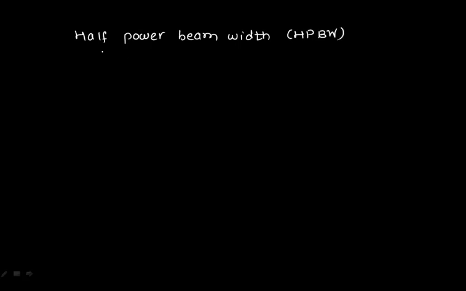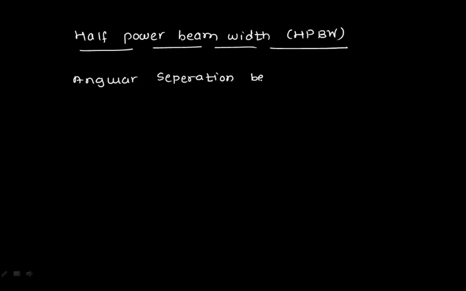So I can say that half power beamwidth is nothing but the angular separation between 2 points on the antenna main lobe. They are always on the antenna main lobe, ठीक है, that are